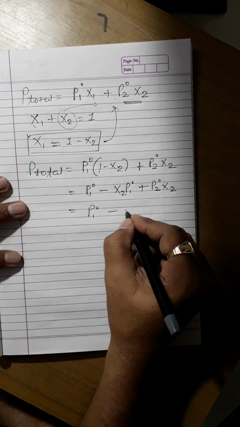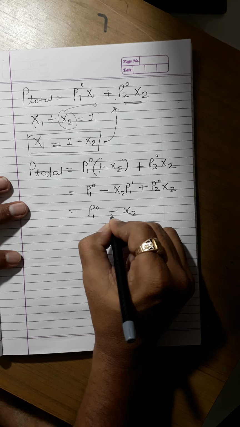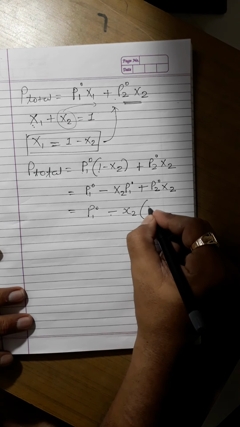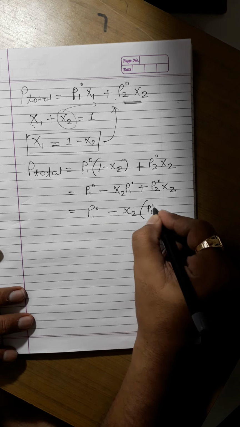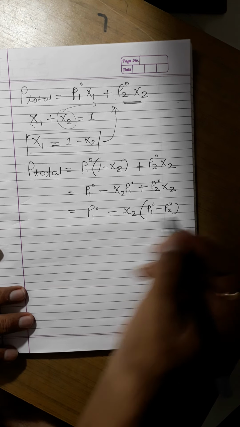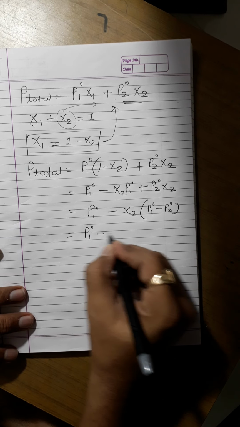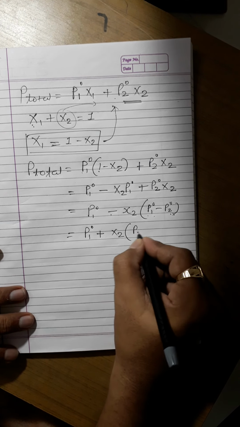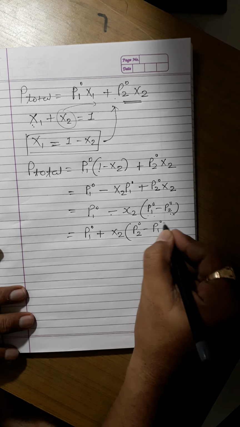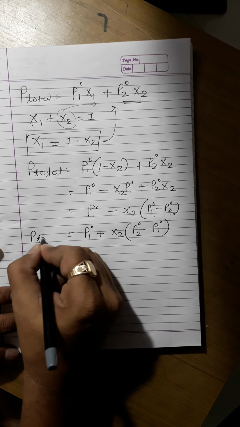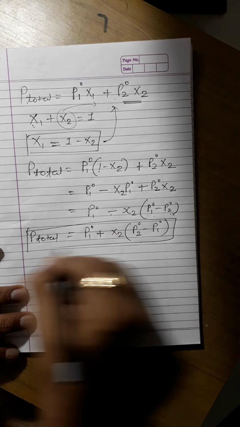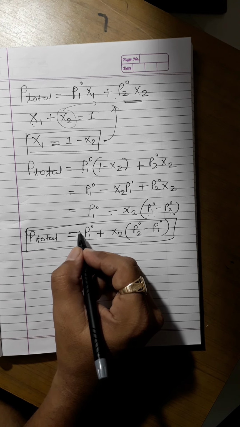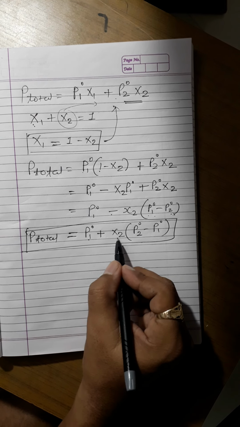If I take x2 as common from both, in that case I will obtain P10 minus P10... or I can write it like this, P10 plus x2, then I have to convert this opposite, P20 minus P10. So P total, friends, for the components 1 and 2, I can write P10 plus x2